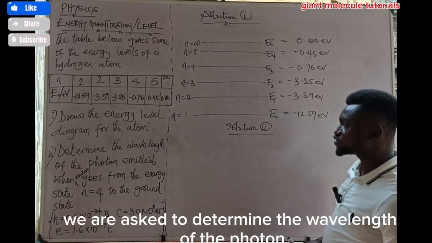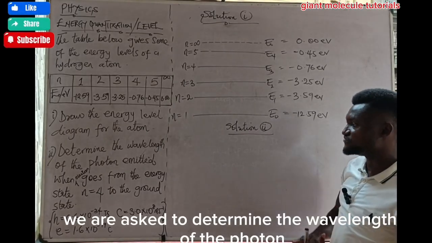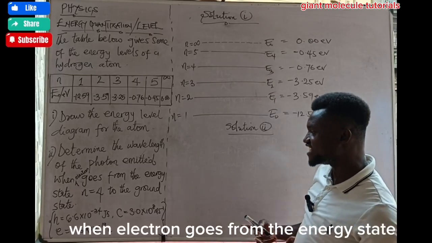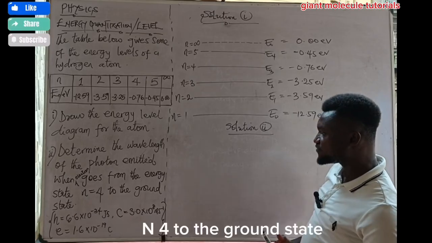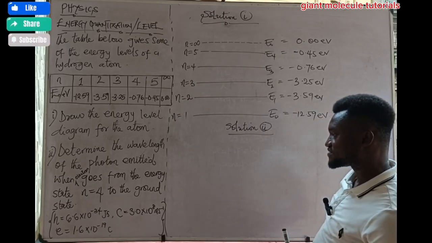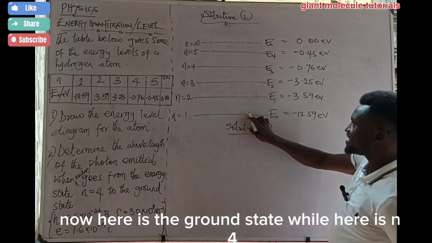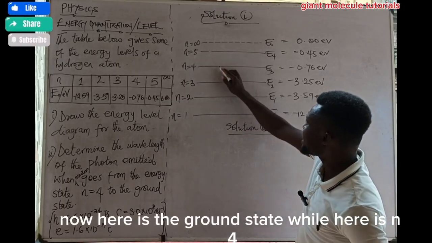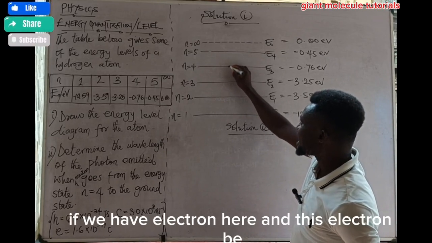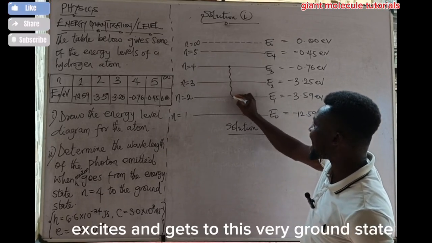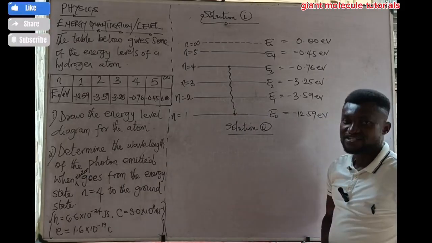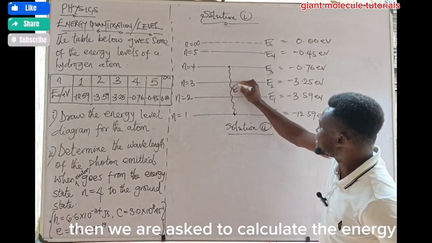Now we are asked to determine the wavelength of the photon emitted when an electron goes from the energy state N4 to the ground state. Here is the ground state, while here is N4. If we have an electron here, and this electron gets excited and then falls to this very ground state, we are asked to calculate the energy